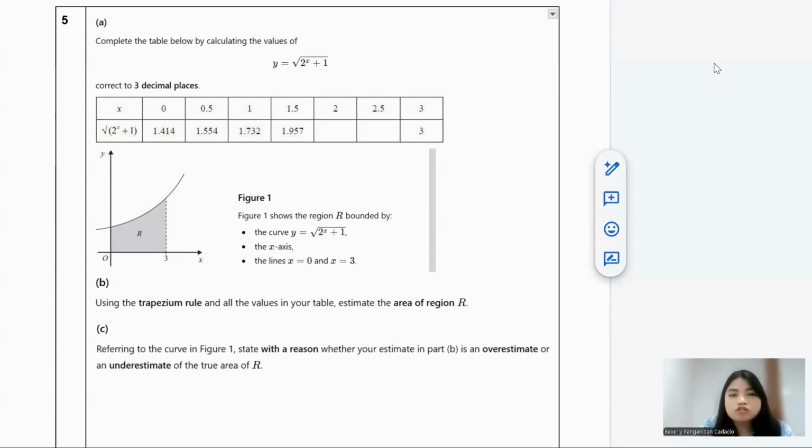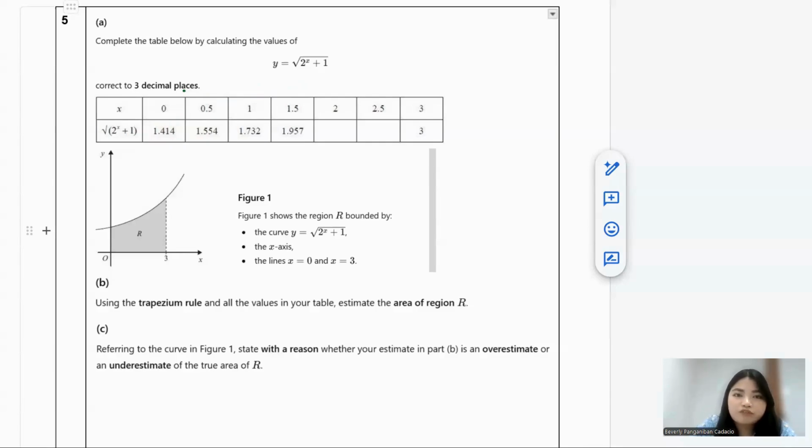Make sure that you're going to have enough time, and then you just need to complete the table there. So for you to get those numbers, how? You know that for you to get this 1.414, basically you just put 0 in your x there. Just put it in the calculator, and whatever the answer in the calculator is, you just put it there. Okay? So once again, you don't need to do the 0 to 1.5.